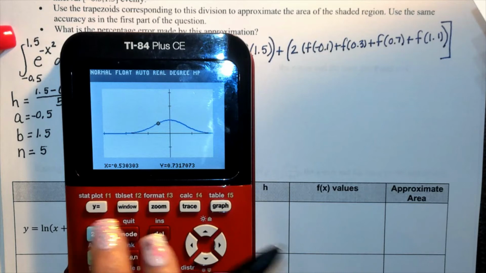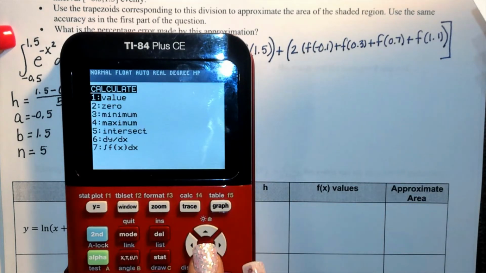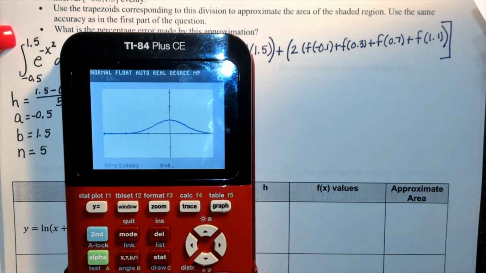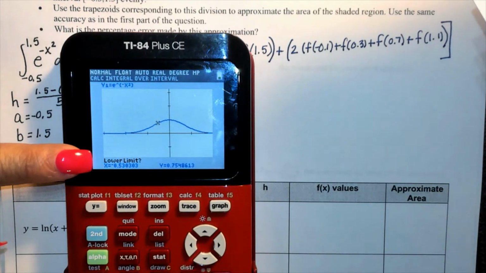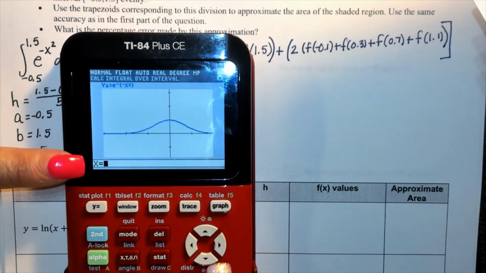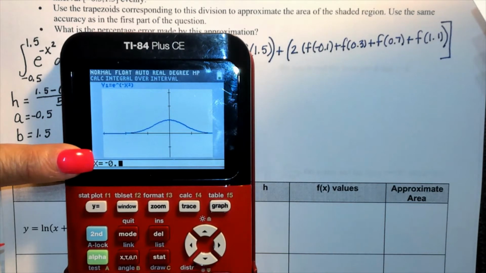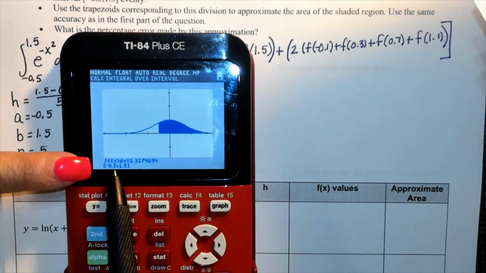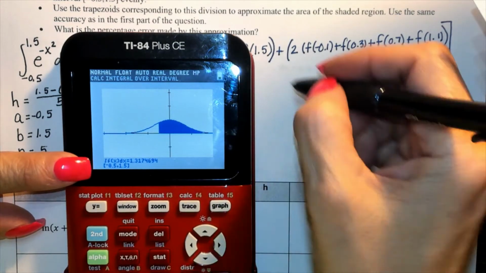Okay, so I'm going to do that again. Second, calculate number 7 for the area under the curve. What's the lower limit? Negative 0.05. Oops. Nope, that's not right. Negative 0.5. There we go. What's the upper limit? 1.5. It shades it, and then it tells you that the actual,